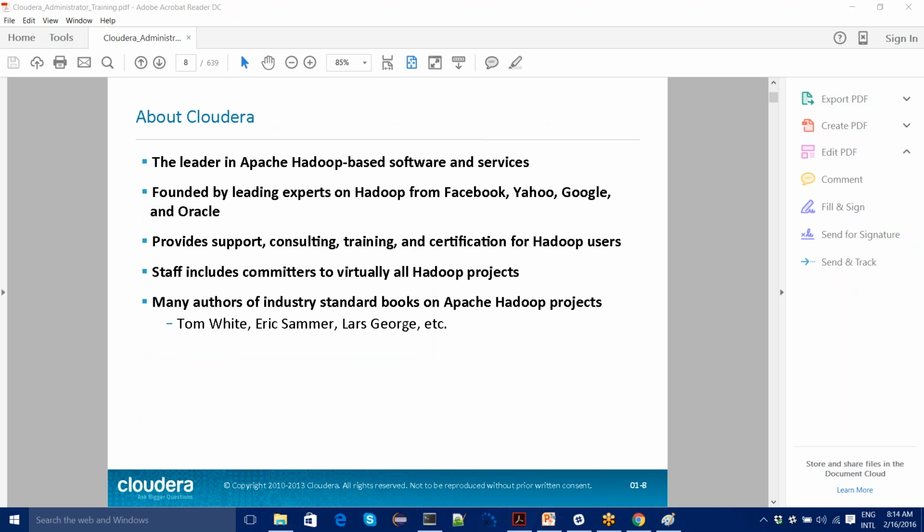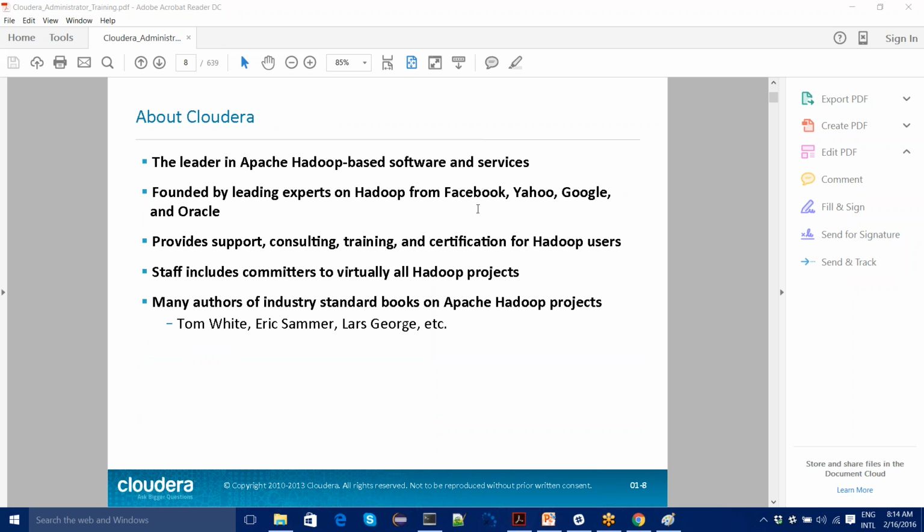About Cloudera, you might already know about Cloudera. It's one of the leaders in Hadoop Apache-based software. It has been led by experts from Facebook, Yahoo, and Google. It offers support, consulting, training, and certification also.